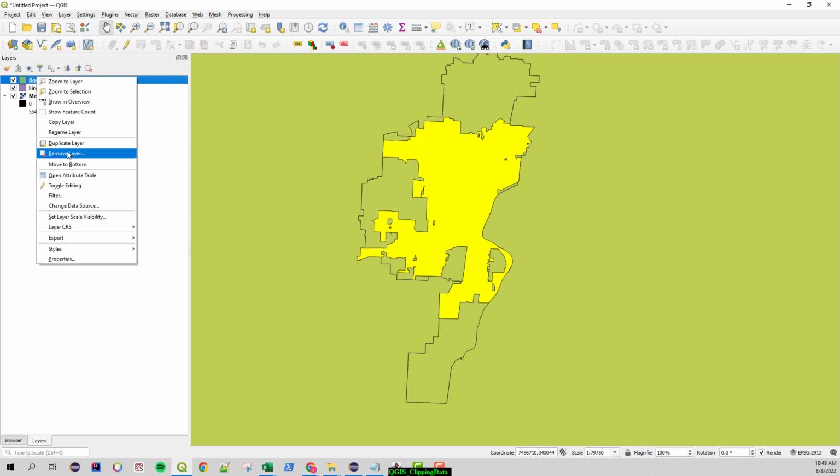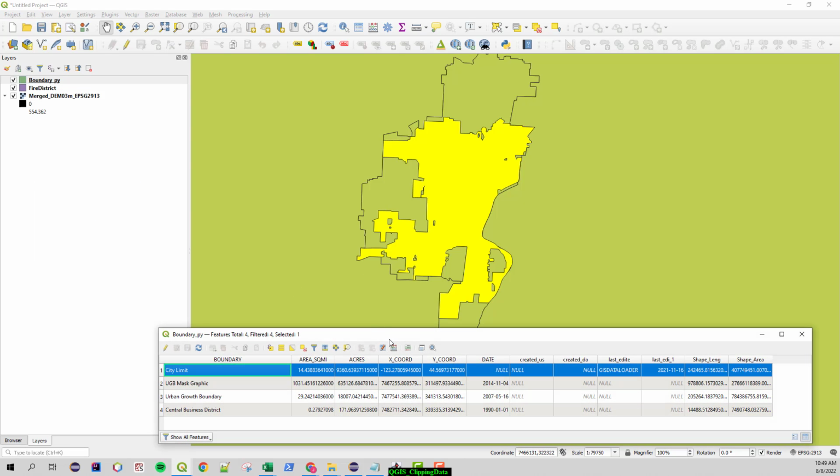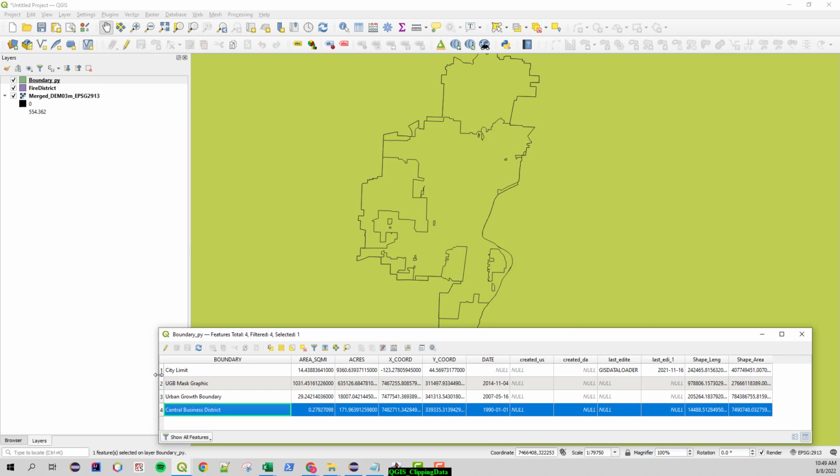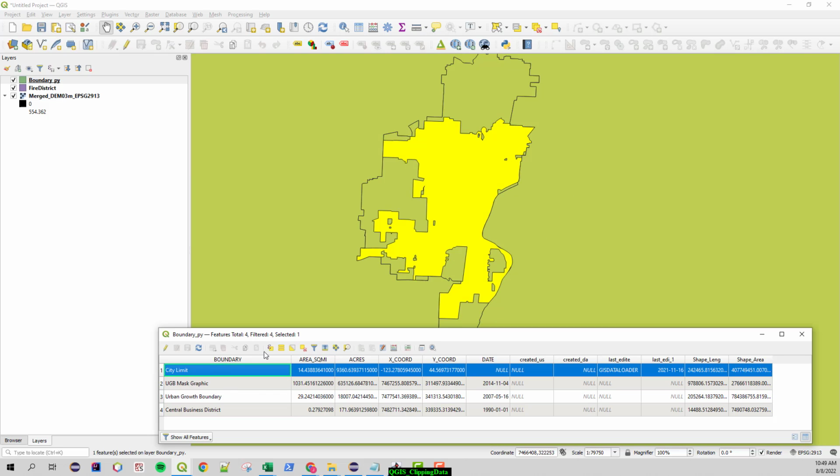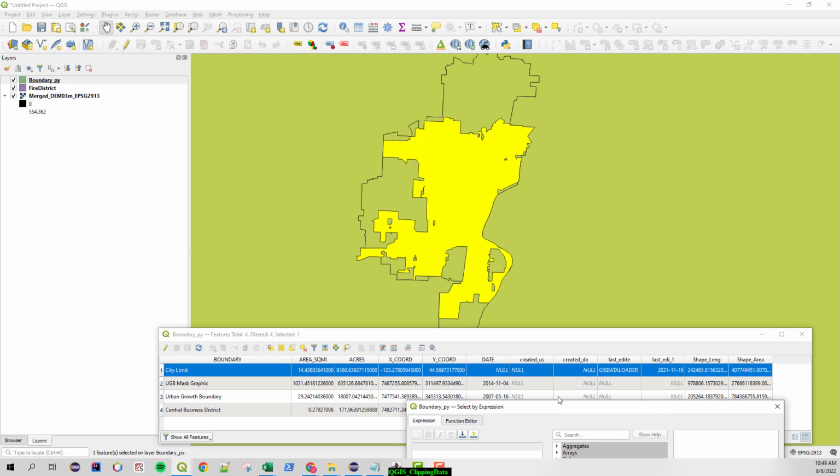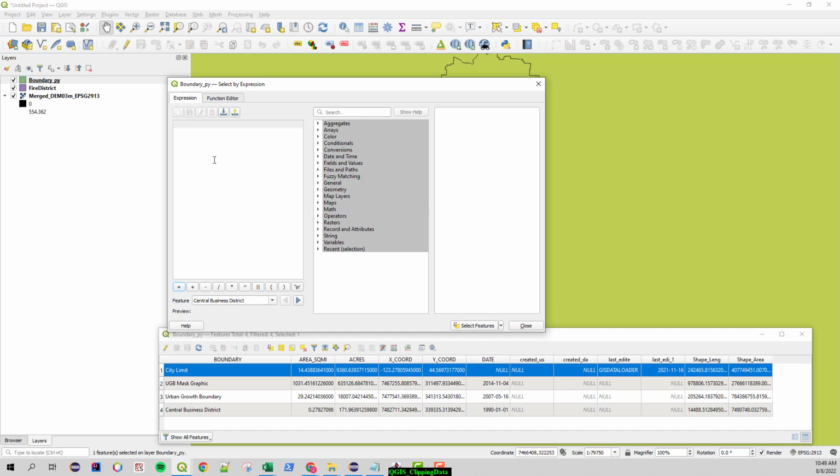I'm going to just bring up one other thing. I'm probably not going to make a video on this. Sometimes these get really complicated, or sometimes you have thousands of features. Each one of these is a feature. So sometimes you have thousands of them in a single shapefile. There's this select features using expression option. It looks like this, and you can build up a query that then you can select stuff, whatever you want, because sometimes maybe you've got a bunch of lakes and you want all the lakes that are bigger than 5 acres, or maybe you have,